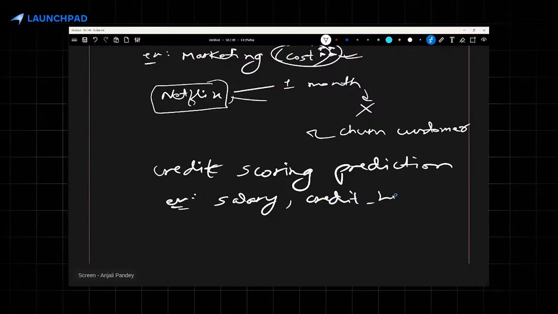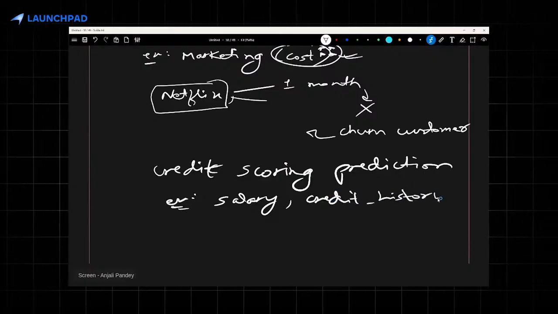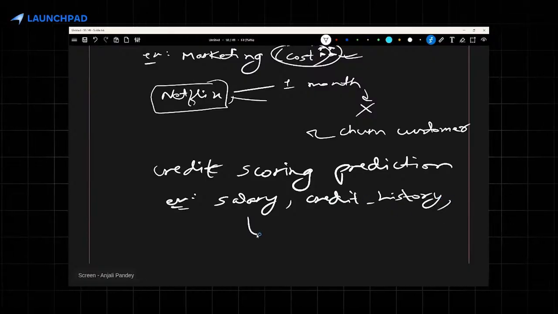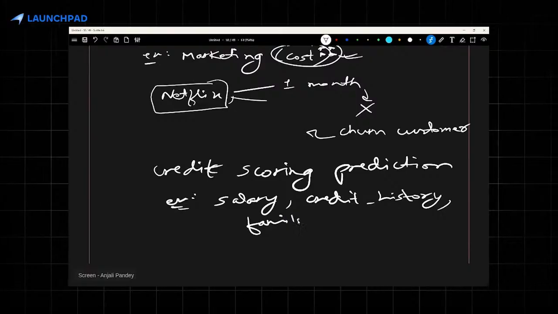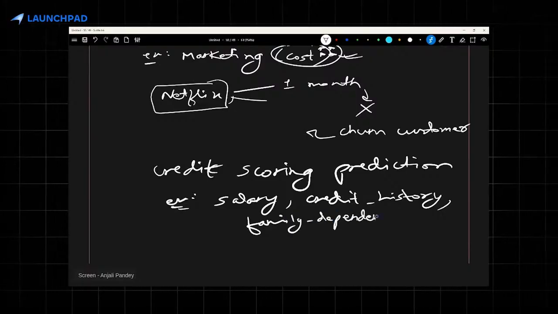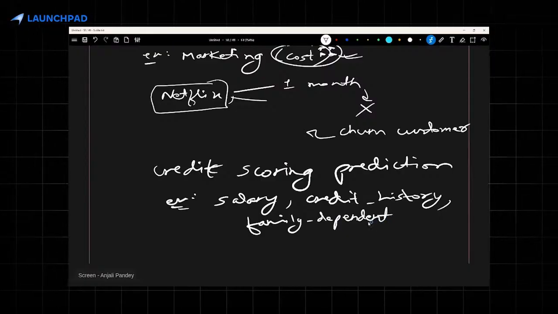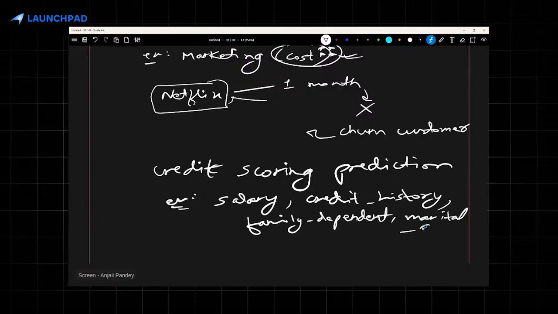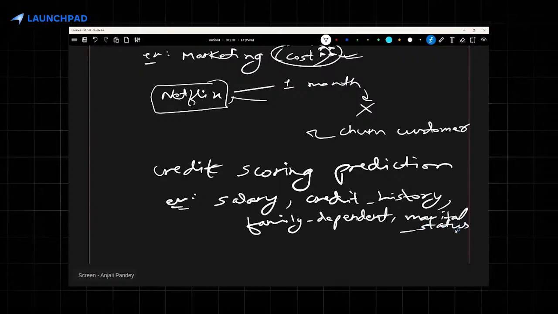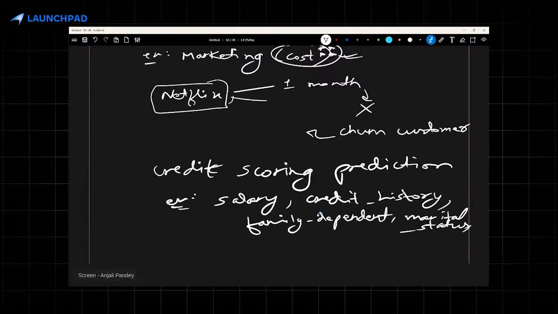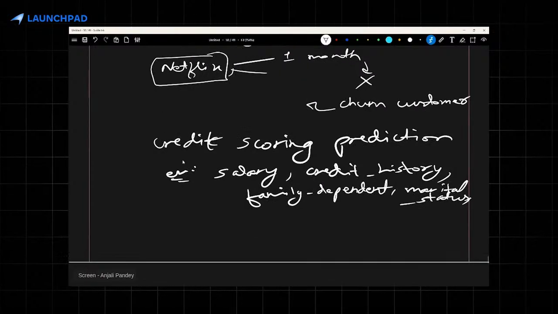If someone has not paid the EMI or installment timely, you'll have information with respect to that as well. Any family dependency. For example, if you are the sole earner of your family, then your family is dependent on you. Marital status, if you are married, you have children,